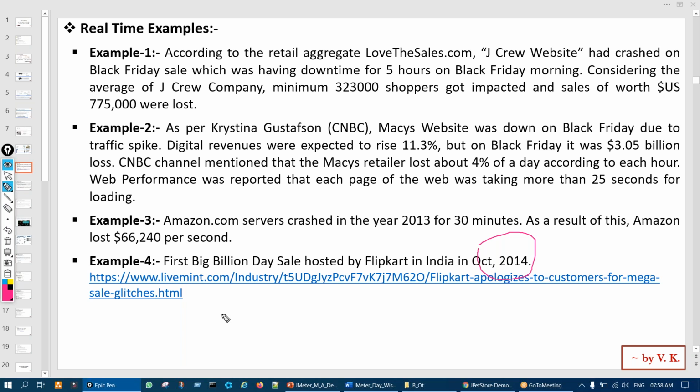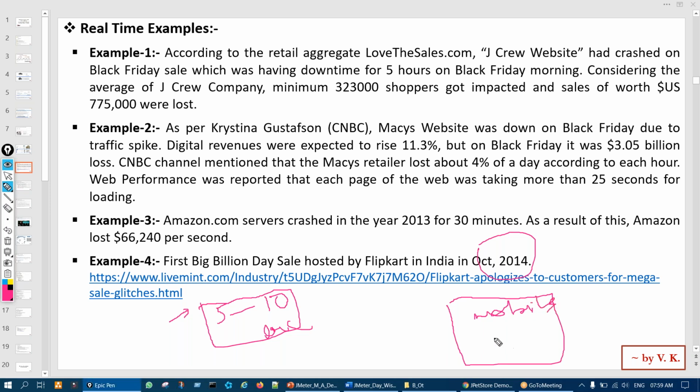They supposed that on that day maybe 5 to 10 lakh people would come, not more than that, to purchase products on their website. So they built their system thinking 5 to 10 lakh people would be there. But their strategy or advertisement was wrong, you can say. In the local newspaper and everywhere, they advertised that they were selling very good products, even a mobile or a good Philips trimmer, at how much? At 1 rupee only.